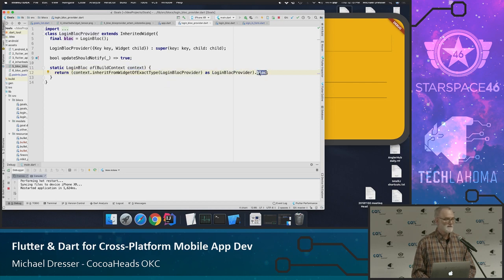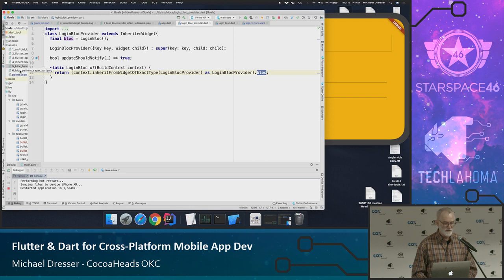So you have access to this particular login block anywhere in the app, since it's way at the top of the tree, okay? And again, if you have questions or if I've gone too fast, by all means, slow me down. Okay, so that is the goal there.